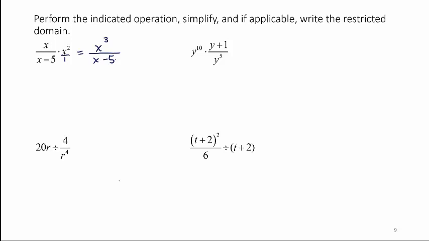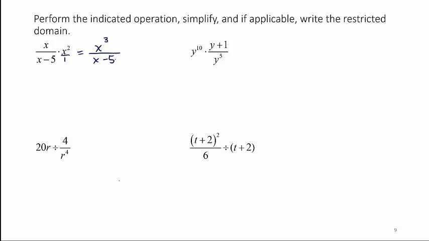In many of these examples, you do the multiplication or you do the division and there's a ton of stuff you can cancel out, factors of 1. In this case, there are no factors of 1 to cancel out. And please don't think you can cancel the x's out there and have x squared over negative 5 or something. No, no, no. Only if you're multiplying the factors in the numerator and denominator and you have a factor of 1 to cancel can you do that. Okay, so we're done there, and the domain restrictions, we haven't canceled anything out, so there are no hidden domain